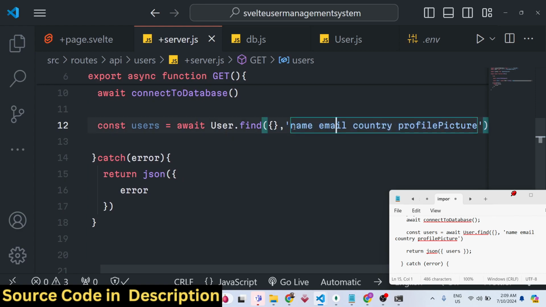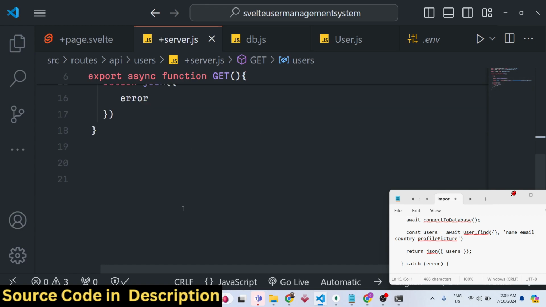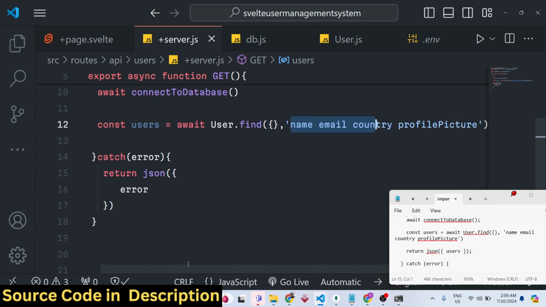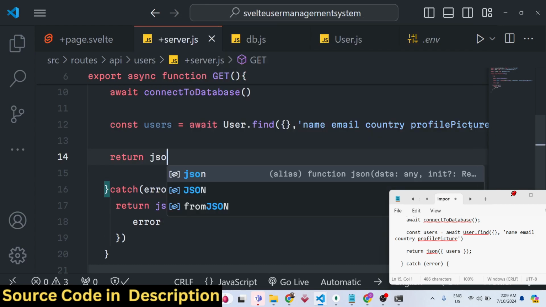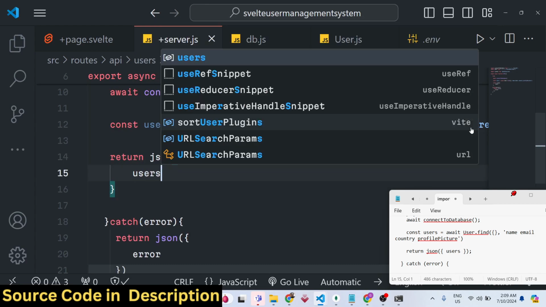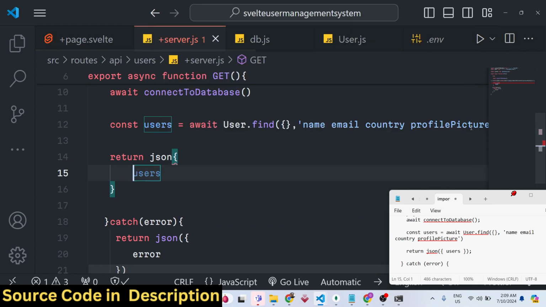So if you want, let's suppose you only want name and email, so you will just provide as a second argument that I only want the name and email field. In this case I want all the fields, so we can even leave it empty as well. So after that it will return this data in a JavaScript object, all these things. So we can now return that, return JSON users, sorry,